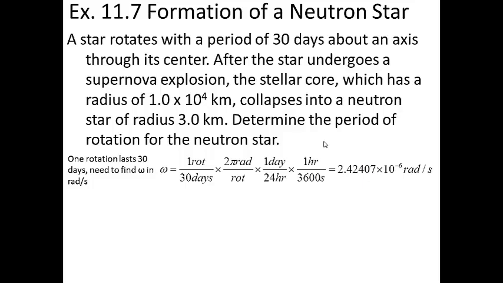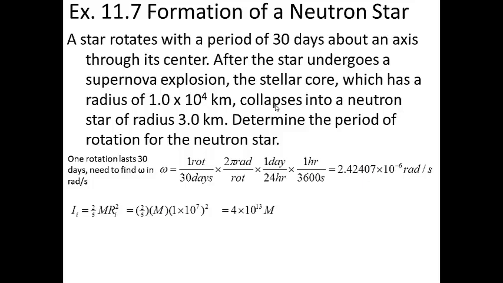The star we can model as a sphere, so we'll have 2/5 m R_i squared. M will be the mass of the star, which they don't give us, so I'm just going to leave that as m for now and hope it cancels out later. R_i is this 1.0 times 10 to the 4th kilometers, which of course we want to convert to meters. So it would be 1 times 10 to the 7th meters. So we plug that stuff in, and we get 4 times 10 to the 13th m for the initial moment